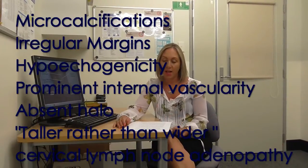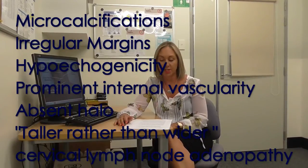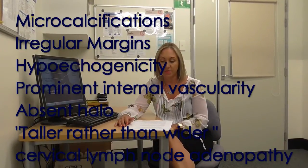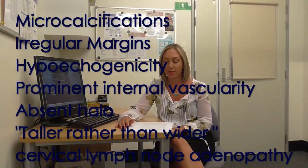Preferably ultrasound can be used to help guide the biopsy. This is especially important in cases where the nodule cannot be felt without difficulty or if the nodule has areas within it seen on previous imaging that are suspicious and specifically should be biopsied. Features on imaging that are suspicious and may increase the probability that a nodule is malignant include microcalcifications, irregular margins, hypoechogenicity, prominent internal vascularity, absent halo, or a nodule that is taller rather than wide, and any